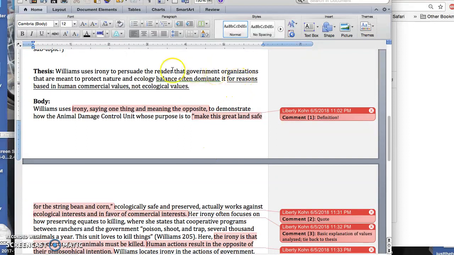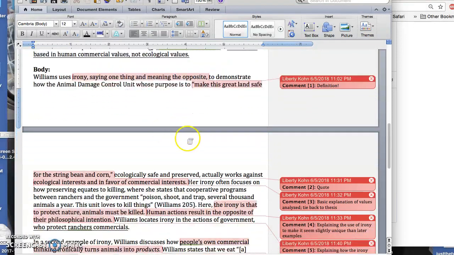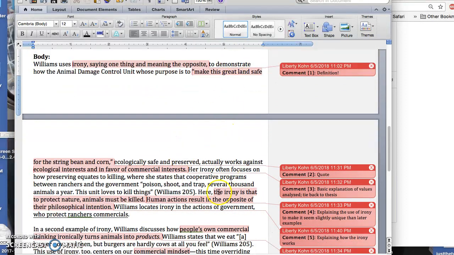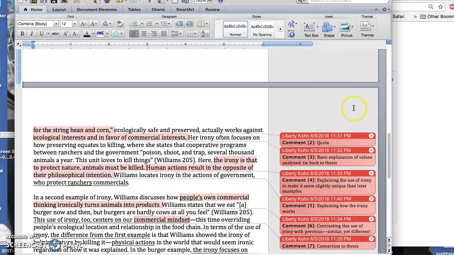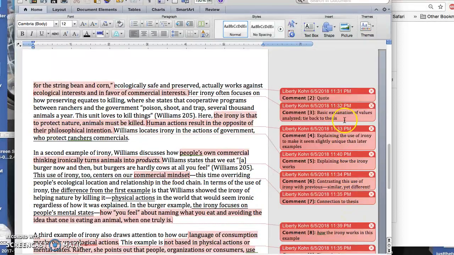But then here's the thing. I want to bring each of my paragraphs back to this and show how each example of irony that I'm outlining does come back to this at some point. And so you will see, again, I don't have time to read through everything. I'm running low on time here. But you will see all of those things happening down here, and I'm explaining them as I go, so I'll